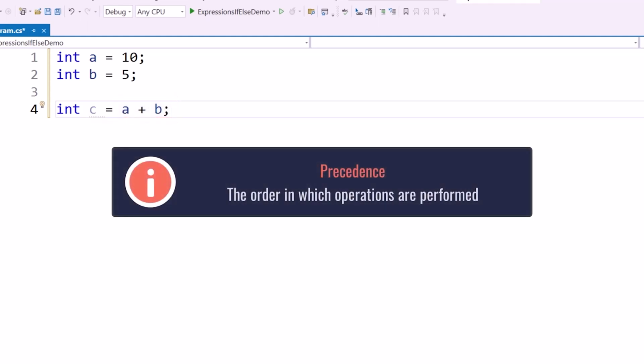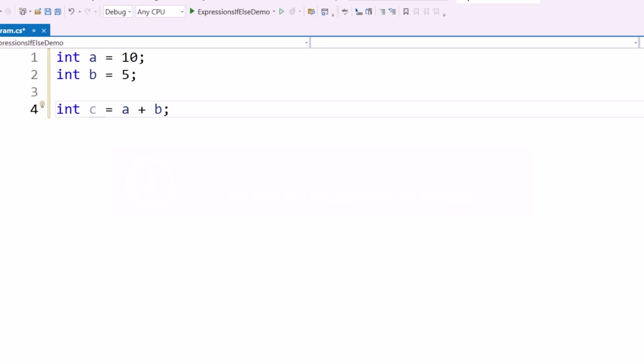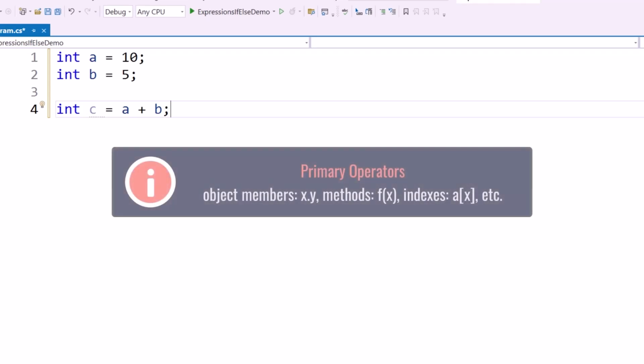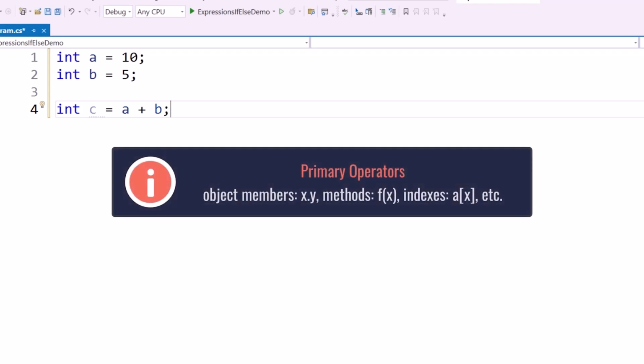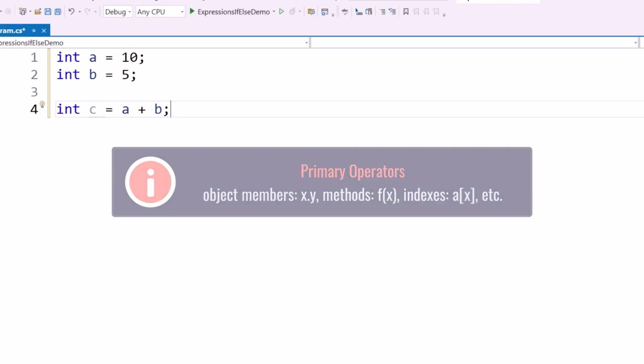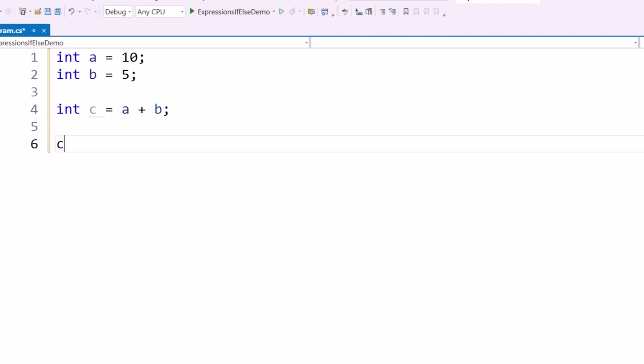Just like in math, operators have precedence, which means their expressions are evaluated in order. What catches beginners by surprise is that the highest precedence, the primary operators, are executed first. But this is sensible, and for a good reason. Consider this. I might say C equals int.parse